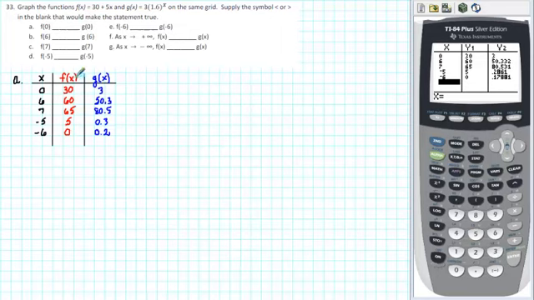Notice that the f of x values range from a low of 0 to a high of 65, and the g of x values range from a low of 0.2 to a high of 80.5. So we'll want to make sure that our y minimum is less than 0 and our y maximum is greater than 80.5. So let's first sketch the graphs on the calculator, and then we'll draw the graphs by hand. Go to Window,